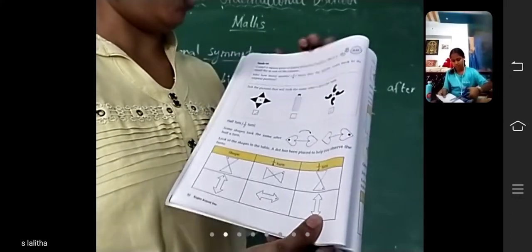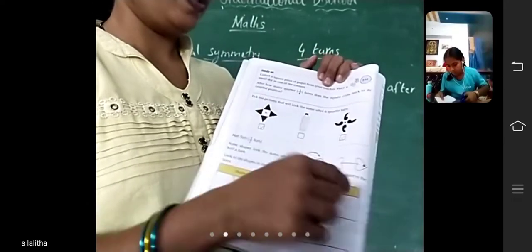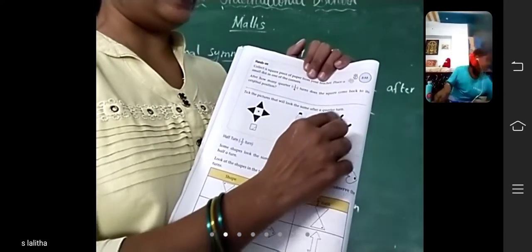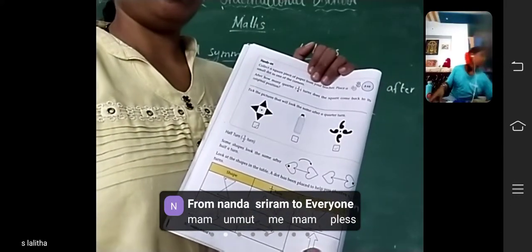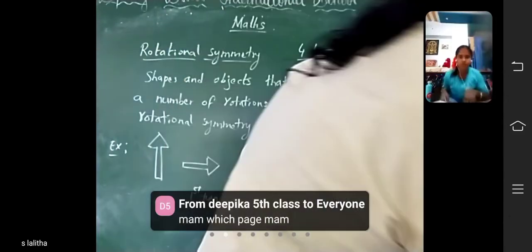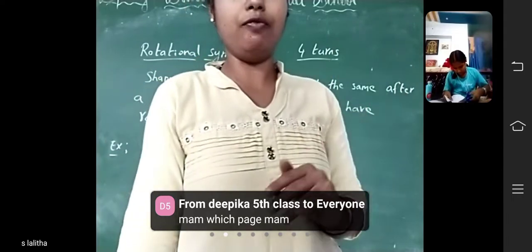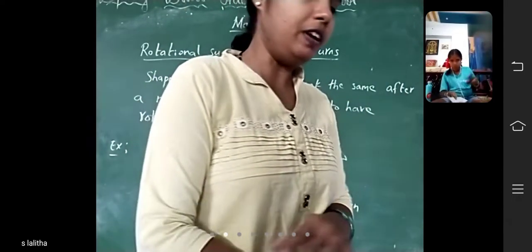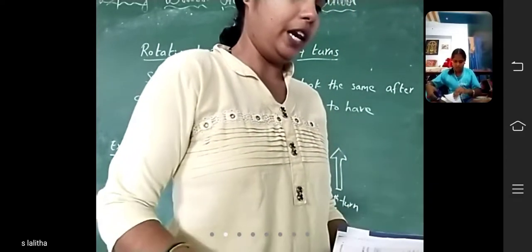Put the tick mark. Bottle. Are there any 4 sides? No. So it is no. Next, here 4 sides are there. So that's why it turns a quarter turn. So you have to tick it. If any object or shape has 4 sides, then it will move in 1/4 turns. Then it will look the same as the original shape. Did you understand now?